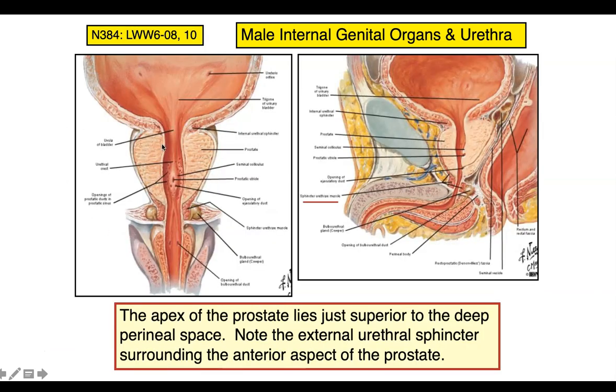The prostate surrounds the prostatic part of the urethra. See, the male urethra begins at the internal urethral orifice, and the first part of the male urethra passes through the prostate, surrounding the prostatic part of the urethra, and then this part of the urethra is the intermediate or membranous part of the urethra, and this is the spongy part of the urethra. The prostatic part of the urethra, on its posterior aspect, this is a coronal section of the prostatic part of the urethra and the prostate,